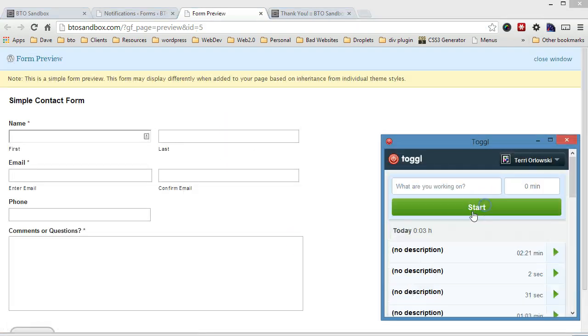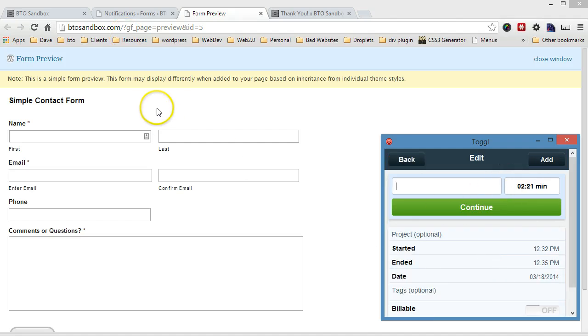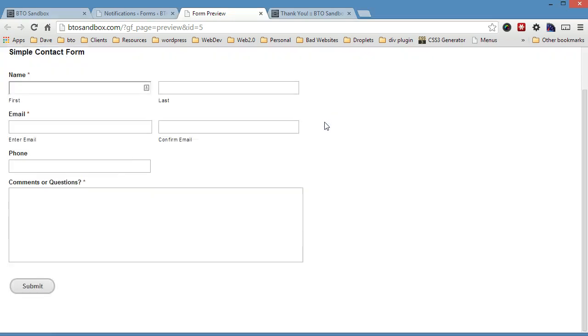That's our time. 2 minutes, 21 seconds to create the form, which we actually did in about 32 seconds, and do the notifications and all that stuff. So here's how this is going to work. When somebody fills out the form,